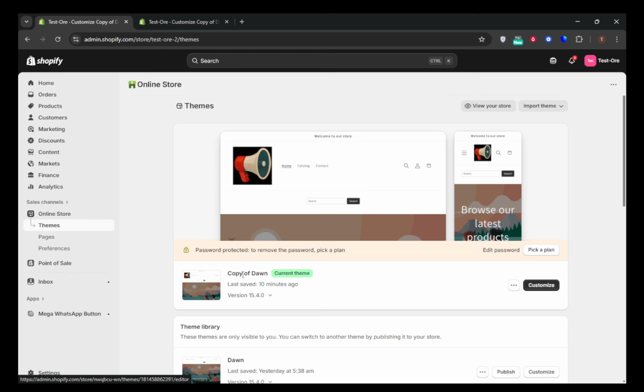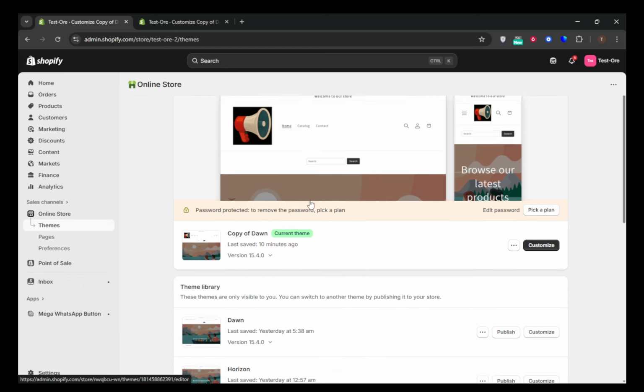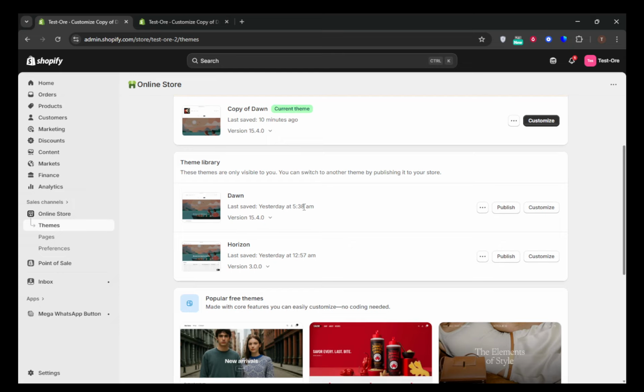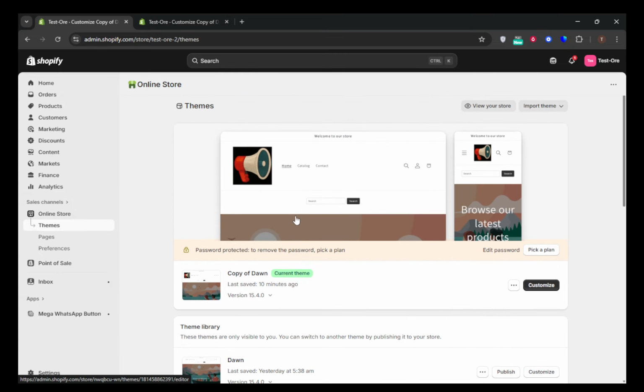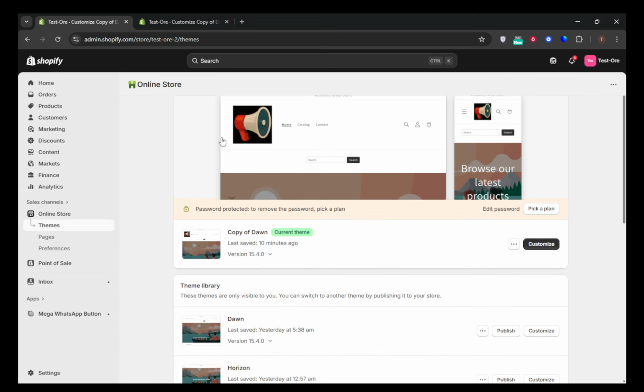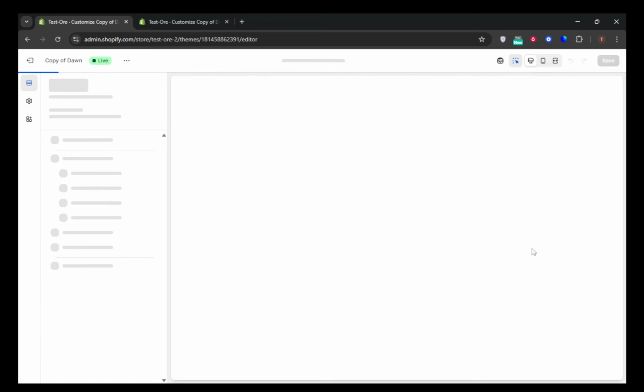Now, since we're focusing on the Dawn theme today, make sure it's set as your current live theme. You'll likely see it right at the top of your list if you're already using it. Next to Dawn, you should see a button that says Customize. Click this to open up the theme editor, which allows you to make changes to various parts of your store's